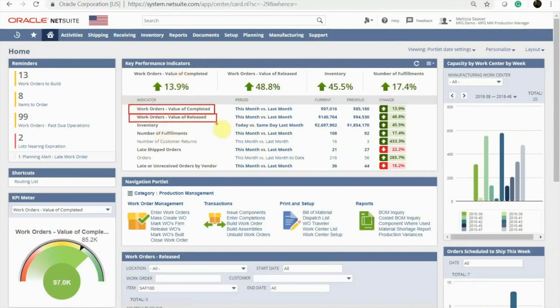In addition to her KPIs, Melissa also has reminders, so she can understand how many work orders need to be built, how many items need to be placed on purchase order, how many work orders have past due operations, and any lots that are about to expire. It's very important for Melissa to have a complete view of her business, she needs more than just